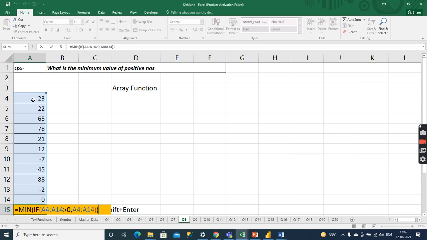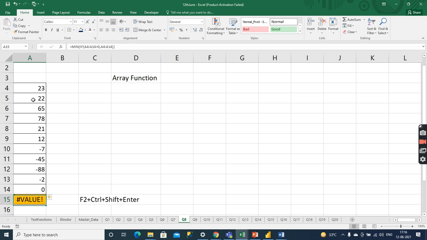Rajesh, it is showing some error. Yes, correct. It means you have applied the formula, but it is not converted into an array. So now press F2, then Control, Shift, Enter.